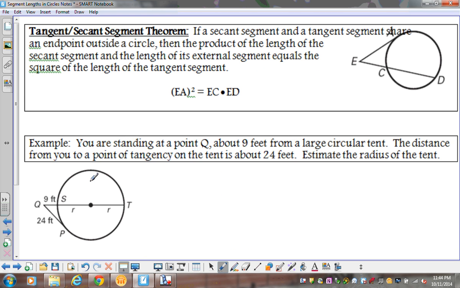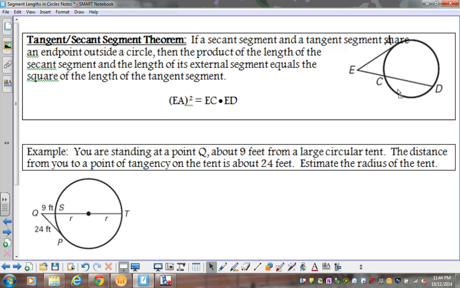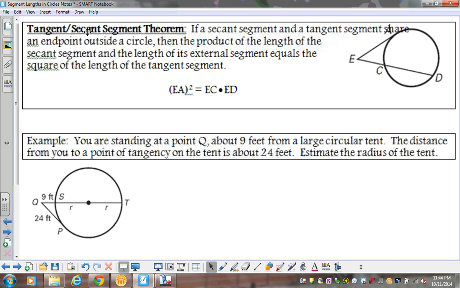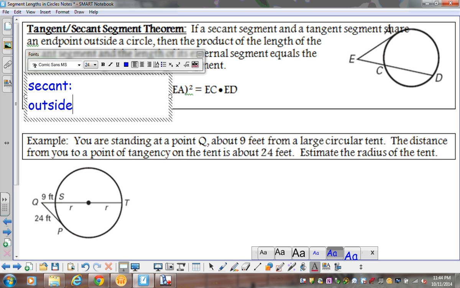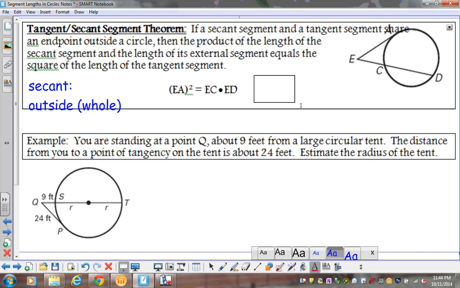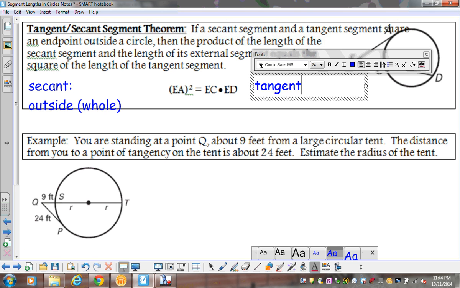All right, this last one uses secant again and the tangent. So the rule here, the nice thing is here, guys, is we already know what the secant is. That's outside times whole. So the only piece we're adding in here is tangent. All right, so let me just kind of write this up here. So we know that secant is outside times whole. All right, and then the rule for tangent, we'll put that piece over here. For tangent, you're taking whatever the length is,